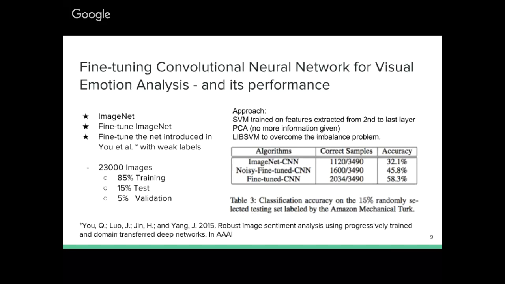And in order to compare it with the results of just using the ImageNet approach, they used the 4,086 features of the second last layer to train an SVM and applied a PCA to reduce the information, the features, and these are the results that they achieved. Okay, the fine-tuned CNN had higher